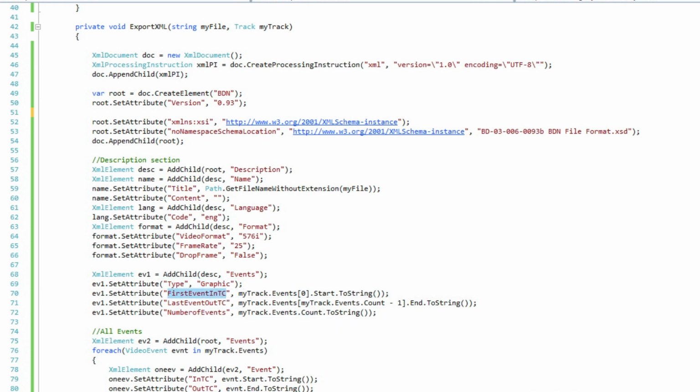Then our first in time code. We're actually going to get this from the project. So we go to mytrack.events.number 0, our first event. We want the start time code, and then we're going to convert that to string. And then for our last event out time code, we're going to get mytrack.events, and then we're going to look at